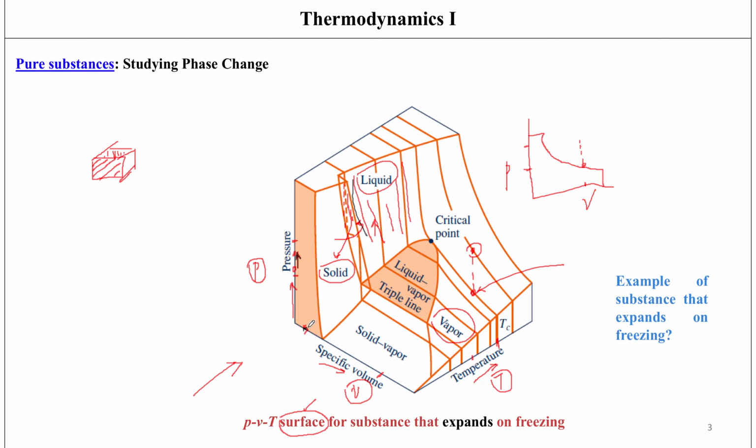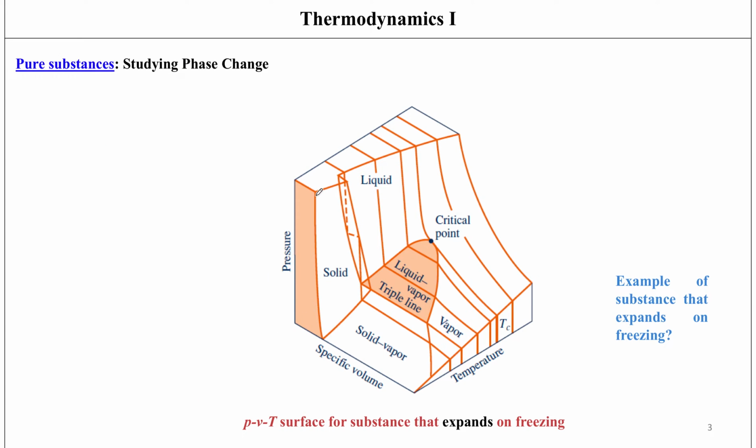Okay, it's only going to change minutely. It's only going to decrease minutely, but for a minute decrease of specific volume, my pressure value is going to jump up very steeply at the same time. Okay,